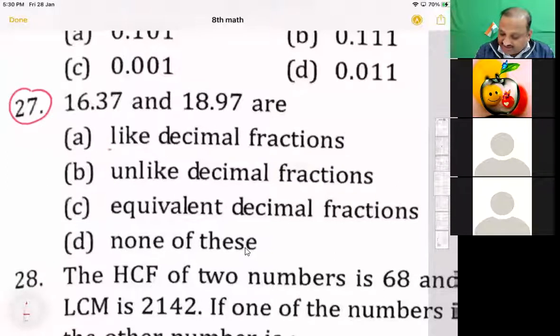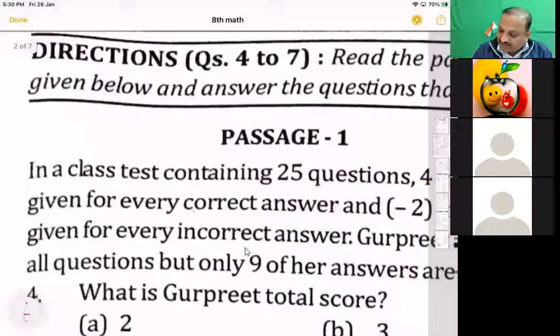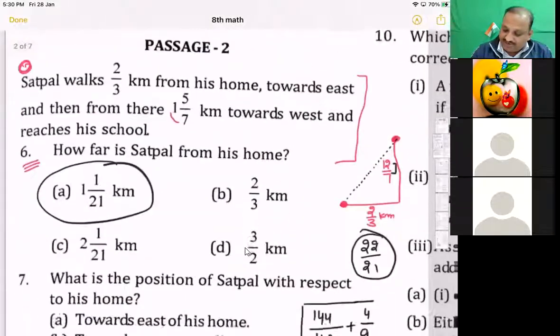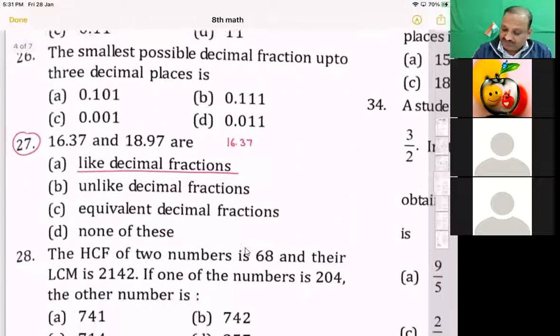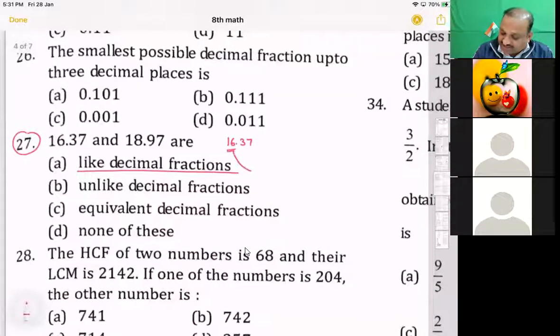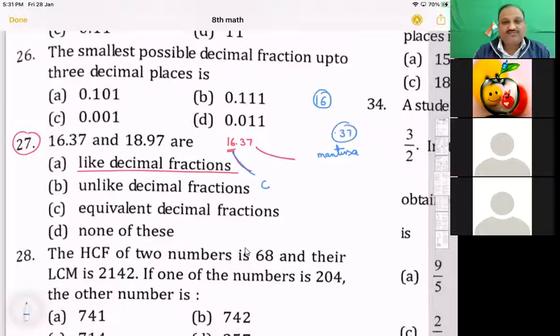ओके बच्चे, these fractions are called like decimal fractions। सुनिए, when we write a fraction, okay, तो try to find my point, what I want to say। The first part of that fraction, जिस fraction की आप बात कर रहे हैं, ठीक? The first part of that fraction is called characteristic and the second part is called mantissa। Okay, first part is called characteristic, यानी यहाँ पे characteristic क्या है? 16 and mantissa क्या है? 37। तो you will see 2-digit characteristic, 2-digit mantissa, 2-digit characteristic, 2-digit mantissa। तो we can simply say they are like fractions। ठीक, come on to next one।